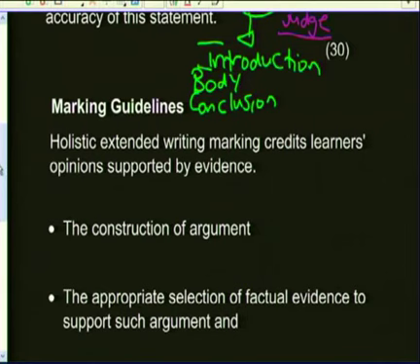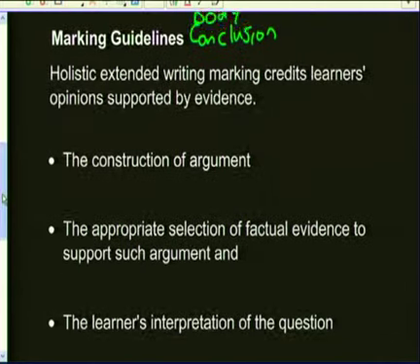So again, it's very important for a history student to understand these commands. Assessing means you need to weigh the argument. You are a judge and you're going to say whether this was accurate or not. And you are using both information from the sources and your own knowledge. Now let's look at the marking guidelines here. And remember, these are just guidelines, and they will be written in point form, obviously, because this is to help the teacher's marking. So in terms of the essay, this is how you'll be marked.